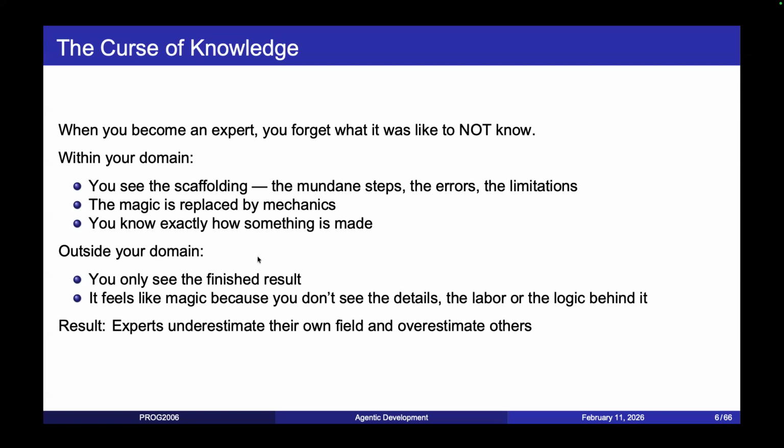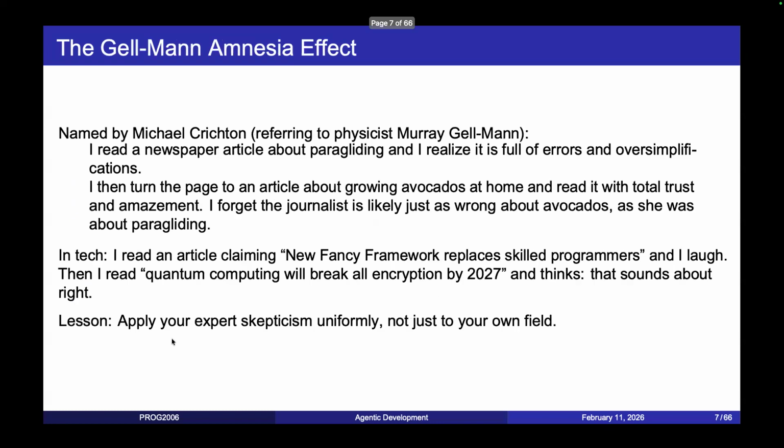So if you're not an expert, you usually see the finished result, and you're usually amazed by how things work, right? So there is an effect where experts underestimate their own field and overestimate the fields which they are not experts in. So a simple example is like